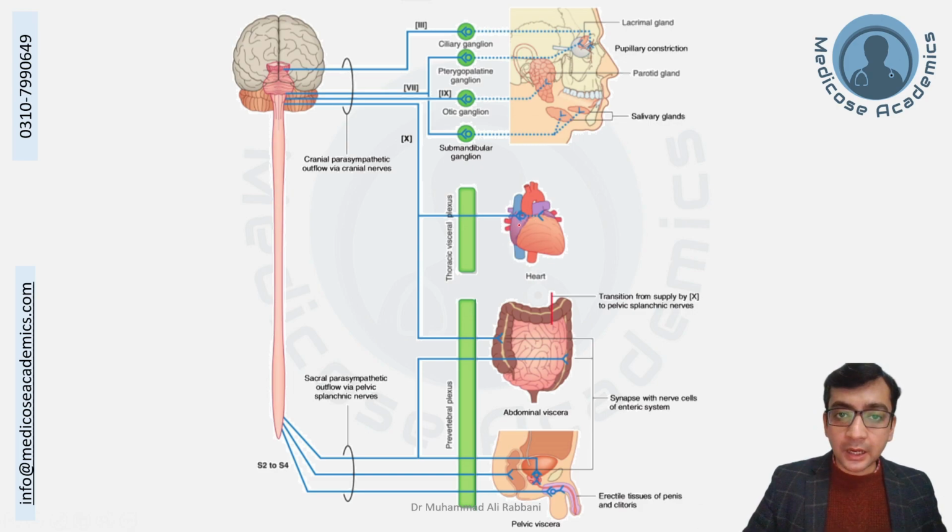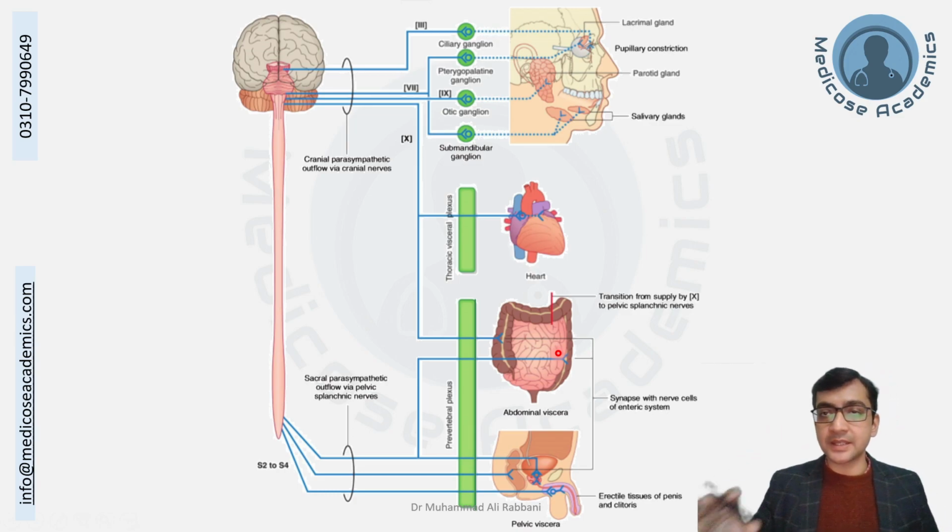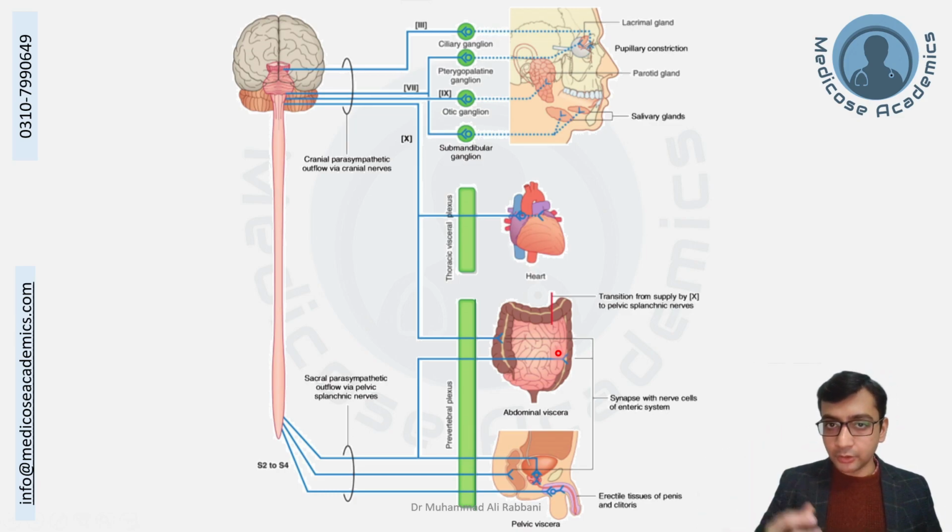There is the cardiac plexus that contains the cell bodies of the postsynaptic neurons. There will be a pulmonary plexus and an esophageal plexus. Similarly, there will be the enteric plexus in the small intestine. So the interesting thing about this is the postsynaptic cell bodies below the head and neck